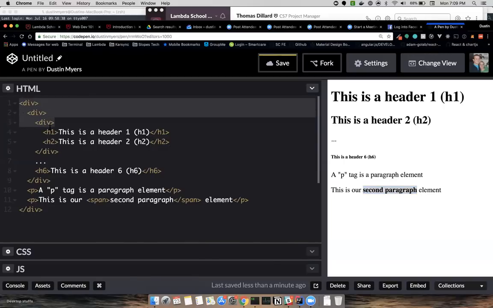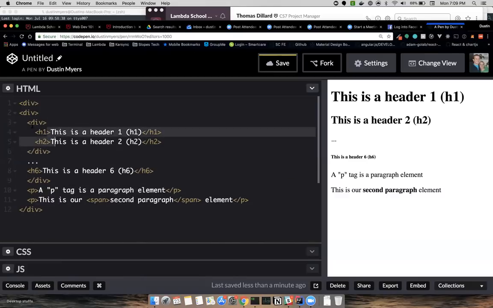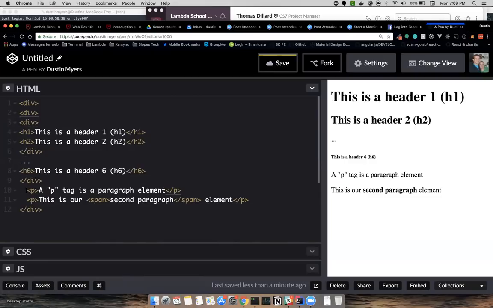But we're now organizing our code in such a way that it's easier for us to come in later and do some work on this website, or for other developers. Now, if you can imagine something like, let me see if I can just do this quickly. No, it's not going to let me do that. So it can be very difficult if we're not indenting and we're just in the wild west of writing our code.